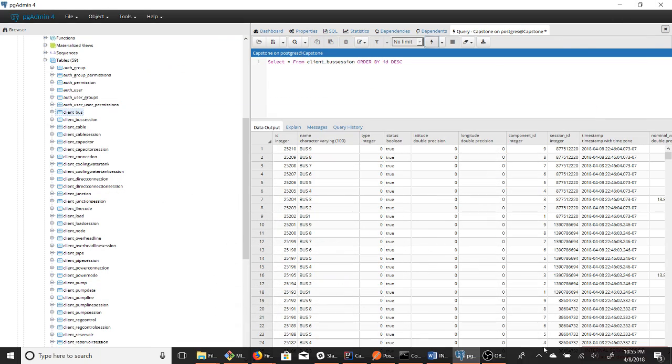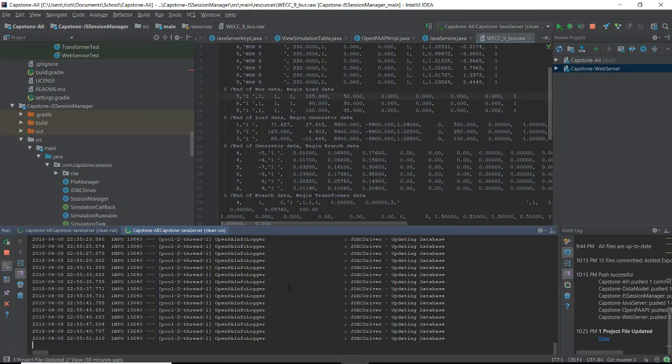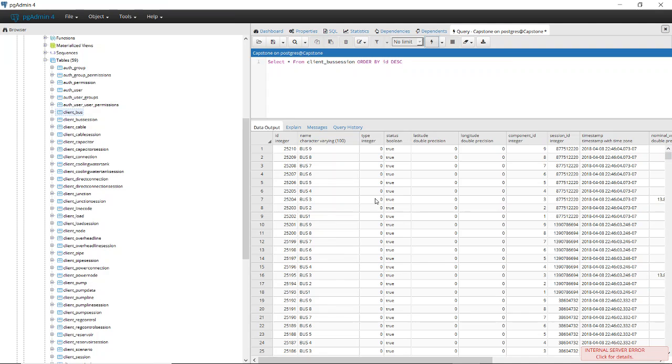So we have a simulation running right now because I just started one using my Postman. You can see it's running with some update database every second. Every time it's run, the simulation is run every second. It will update the database after it's run, and then it will loop again and run it again, loop it again, run it again. So right here I have a little